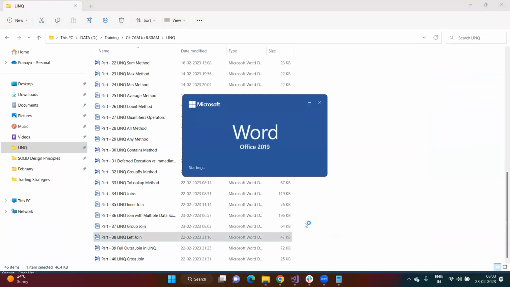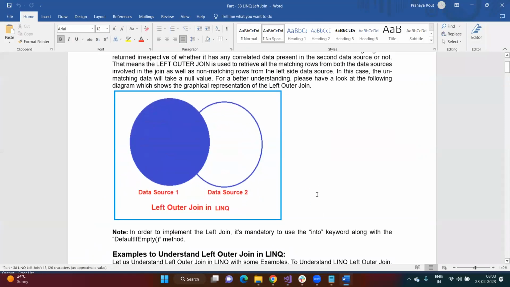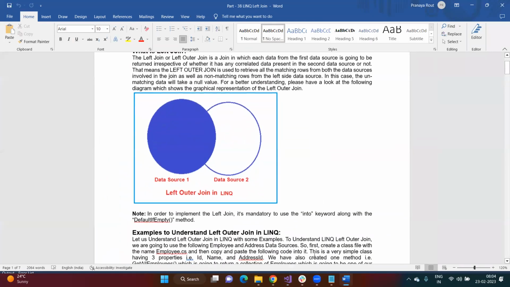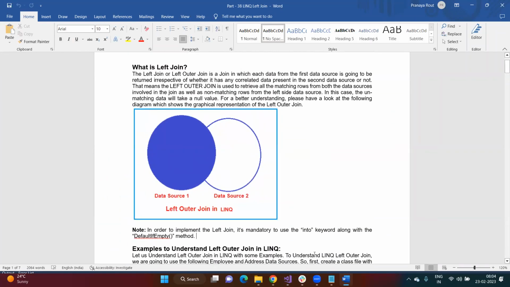Next, what we are going to discuss is left join. There are different types of join. Inner join means only the common elements. Instead of common elements, if we want some other data which might exist in the left side data source but not in the right side data source, or which exists in the right data source,